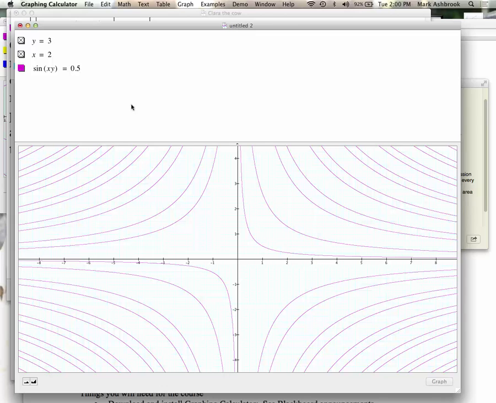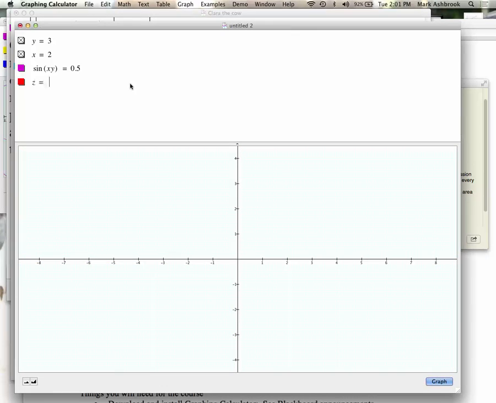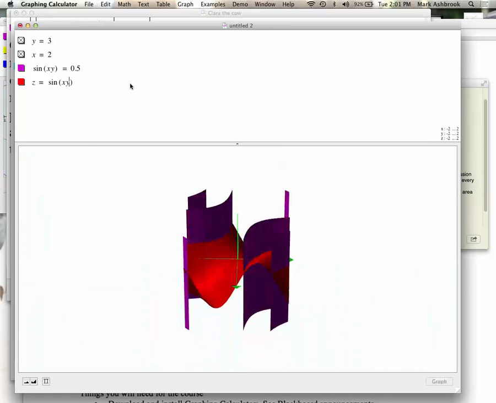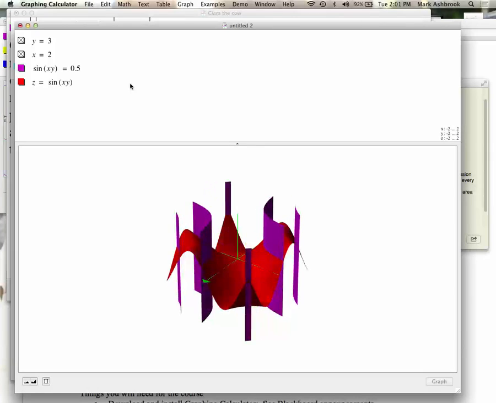Okay, so then I think what I showed you was z equals sine of xy. Now, y or x is the signal to the graphing calculator that you want to make a graph, because we're going to see later in class that we can use all kinds of letters to just do mathematics. But x and y specifically are the cue that it's going to make a graph. Similar to z. As soon as you use z, you're cueing the graphing calculator to do a three-dimensional graph. Oh, that's so cool.